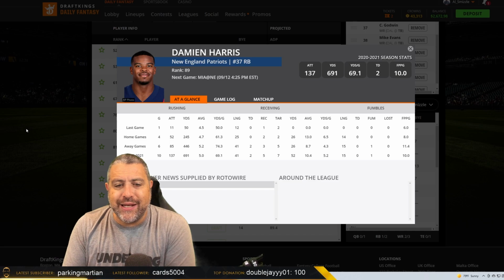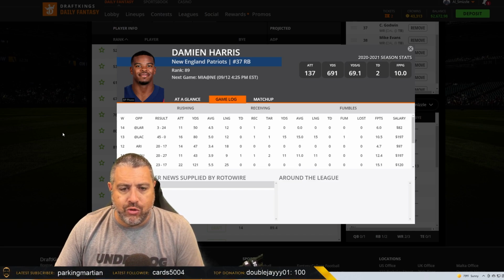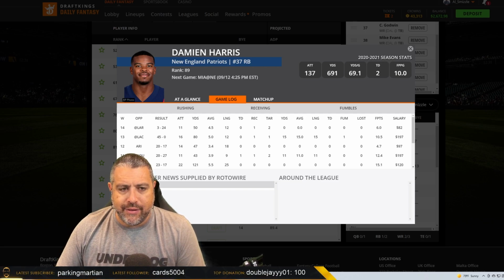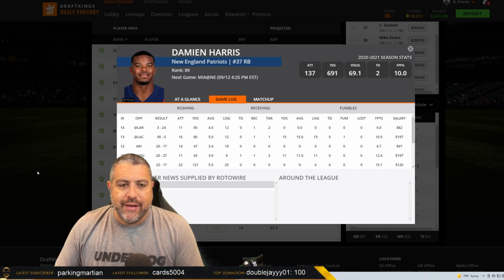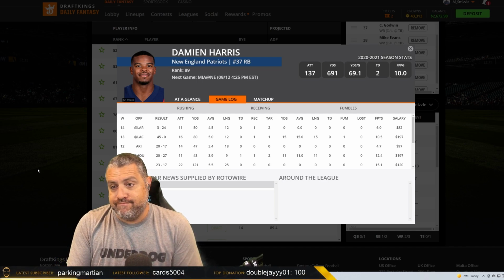Damien Harris, not going to give you much in terms of usage in the passing game. Everybody has a job in New England, and his job as the lead back right now is not going to be to catch the ball. It's James White's job. You can see he topped out at 2 targets in any game, but if he gets the goal line carries, the inside the 5 carries, if he maintains 12 to 15 touches a week,